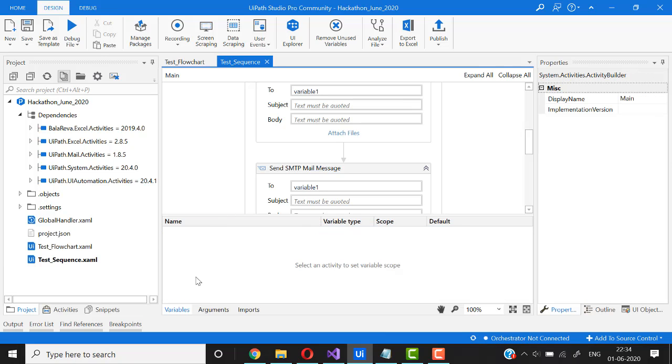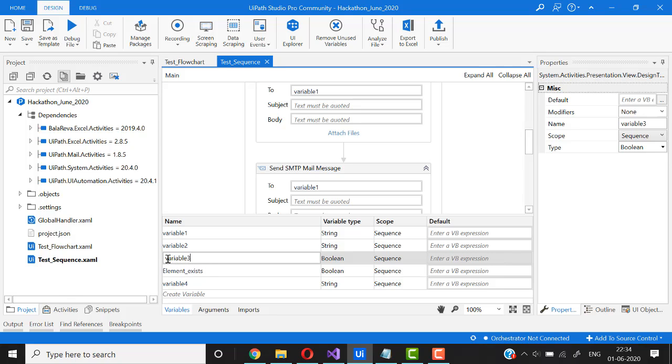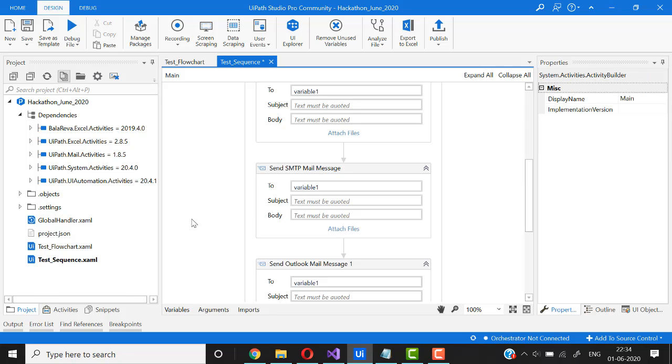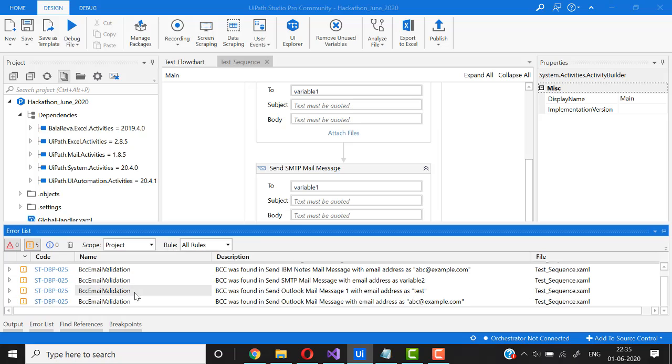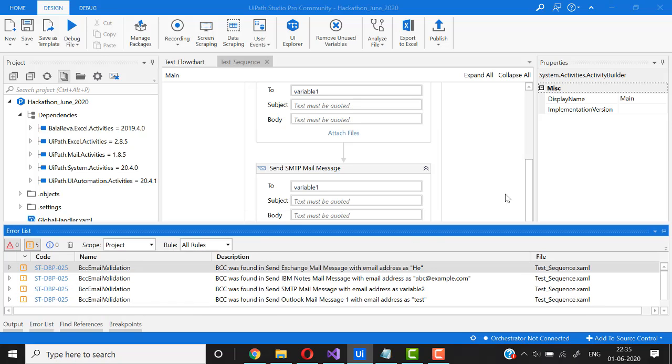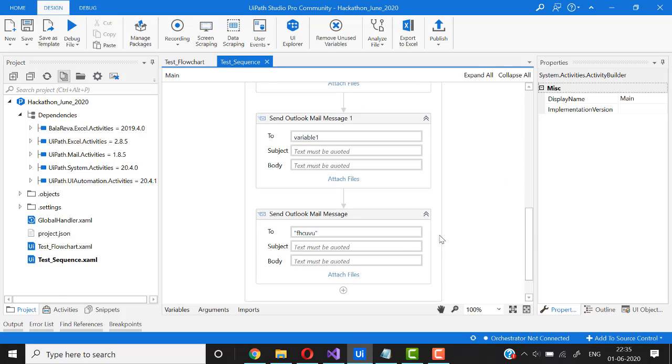The thing here is we should always have a Boolean variable with some verb in it. If I want to change it, I can change it like this: is underscore variable 3. Let's see if my error still comes or it's gone now. Analyze, and yes, it's gone. It is always good to follow a naming convention. It will help us in the future when we come back to the code after one or two months. So this was about the five rules that we have configured.